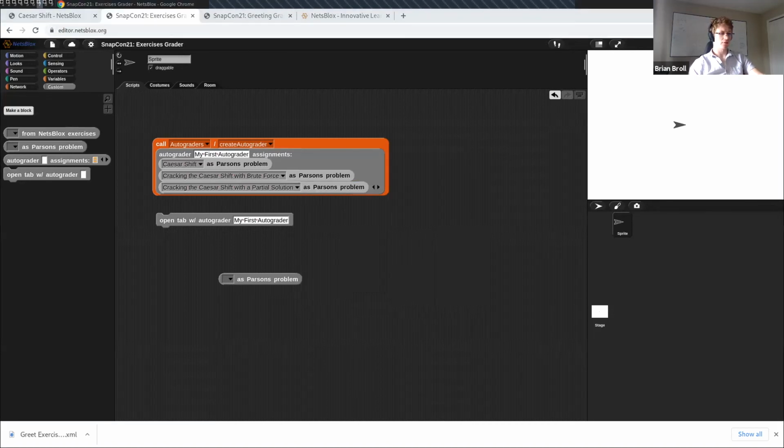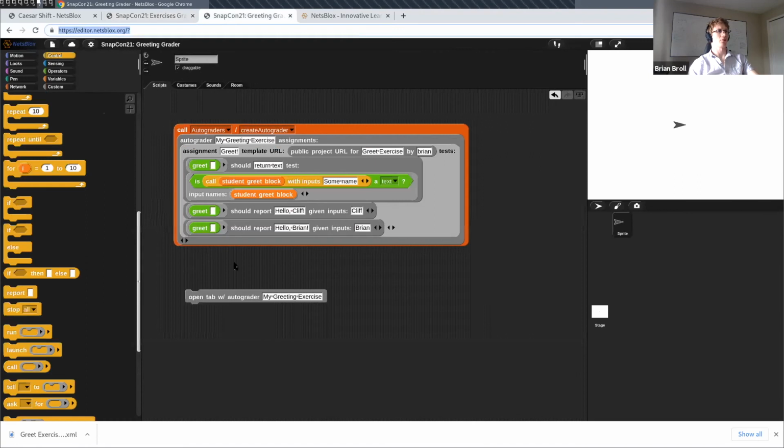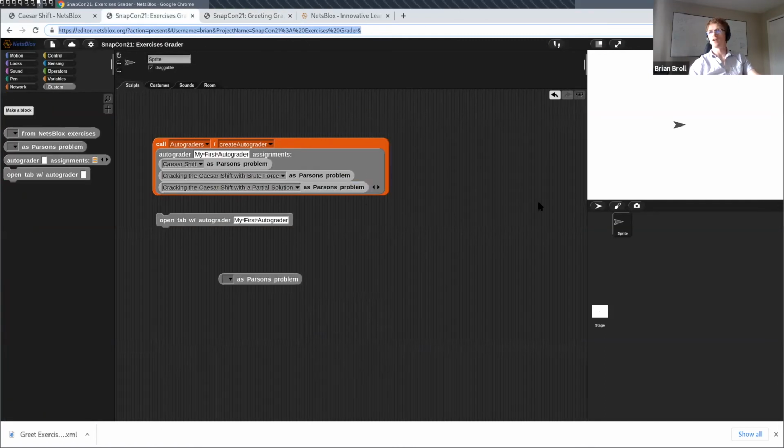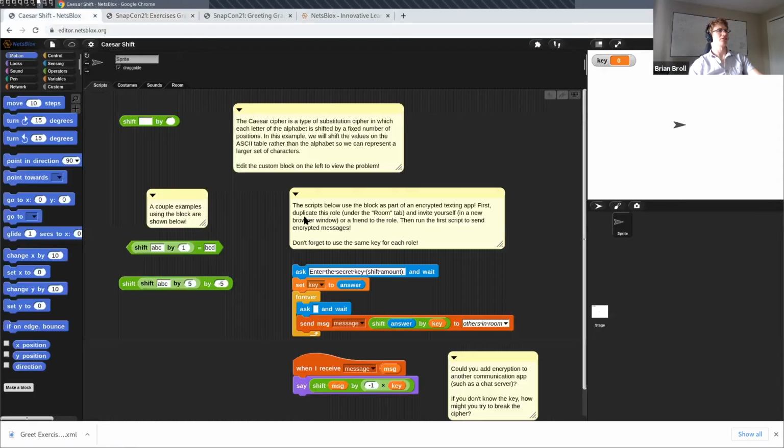And here, I'm kind of posting these in reverse order. So the first one that I posted is the most complex one, the one where we're actually building it from scratch, starting with a starter template that we made and creating all of our tests in here. And then of course links to the template and to the loaded Autograder URL. And then the last one is the Autograder that we made that's using the curated set of exercises. All right, so